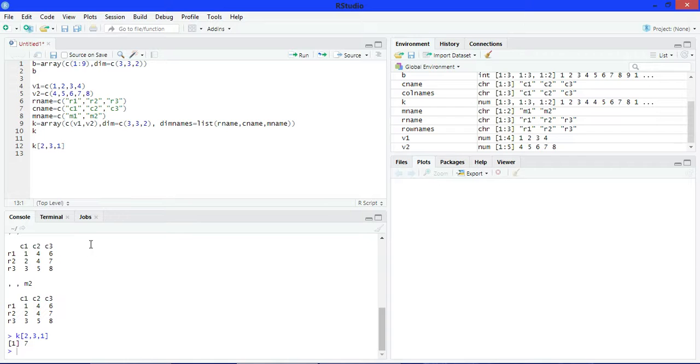See, the output is 7. Same, if we want to access 5 from matrix number 2, write row number of 5, 3, column number of 5, 2, and matrix number of 5 is 2. Now running. See, the output is 5.